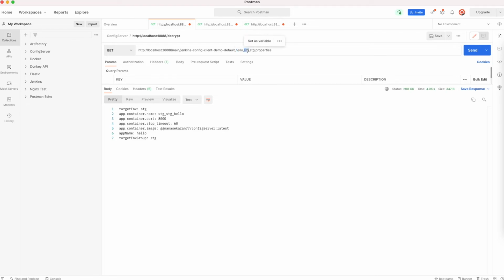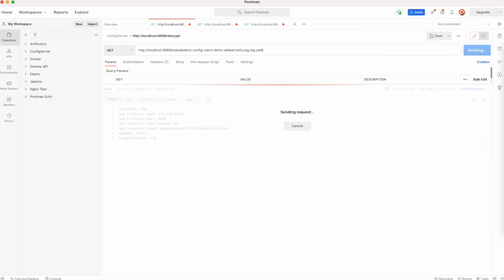Then I am saying stage environment and then group. Whether it is a primary or secondary group, since for the stage environment I don't have anything, again I am calling stage, and then I want to get it as YAML.